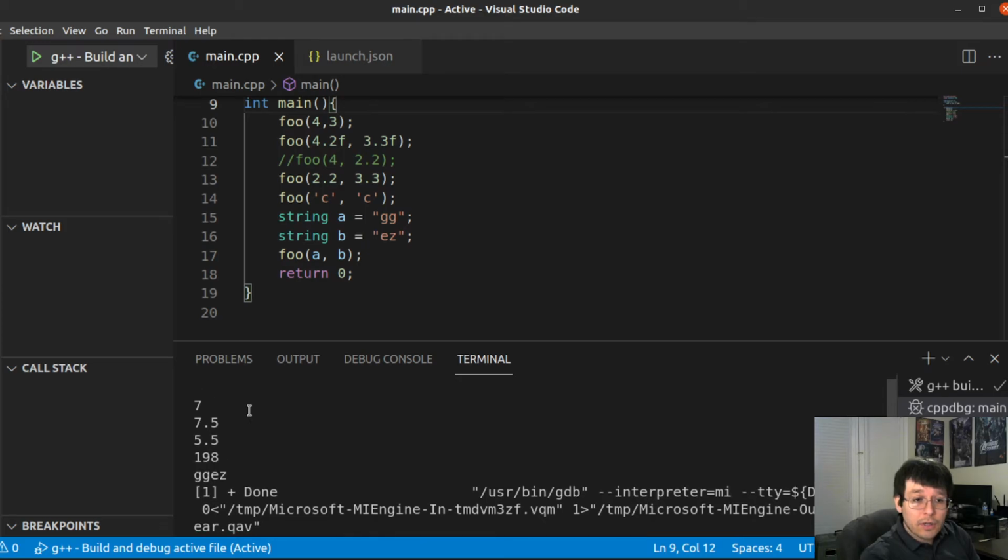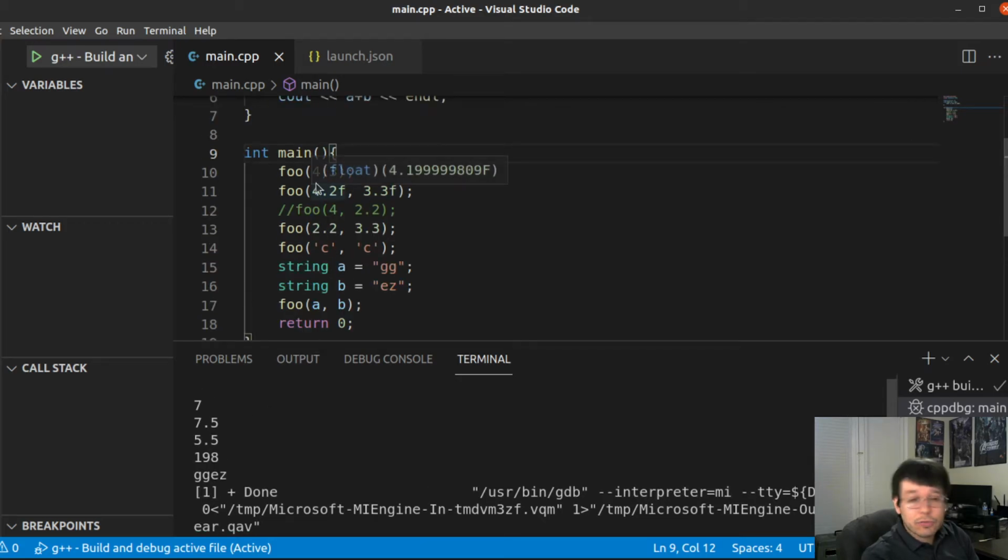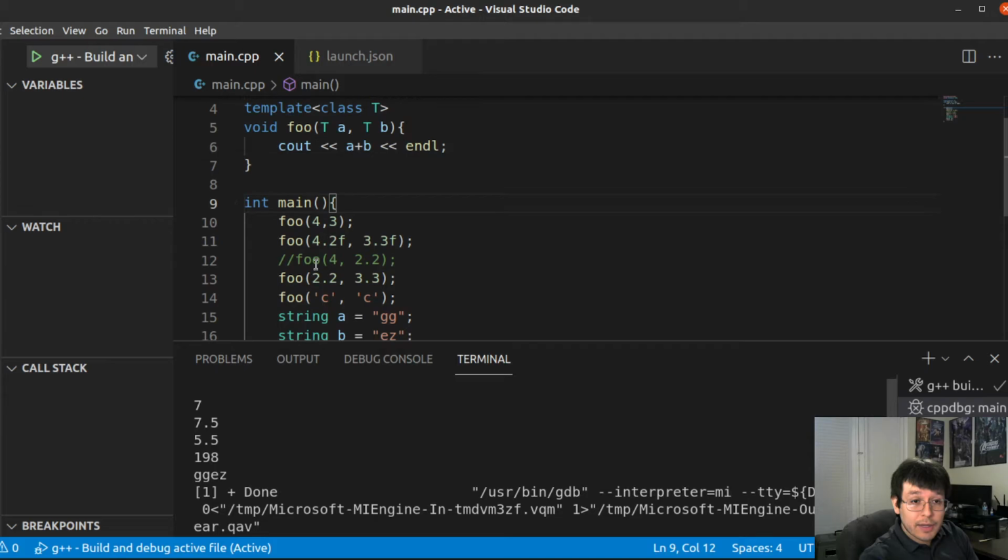Okay, so let's look at it. So the first one is just a 4 plus 3, which is 7. So what's happening here, it is resolving this to be integers and it is doing integer addition. The second one is floating point addition. So it's resolving this into being 7.5. The next one is doubles technically, and that one is 5.5. And then finally for the chars, this is kind of trippy, but you're seeing here 198 because what's happening is